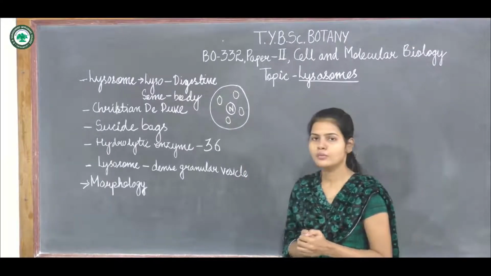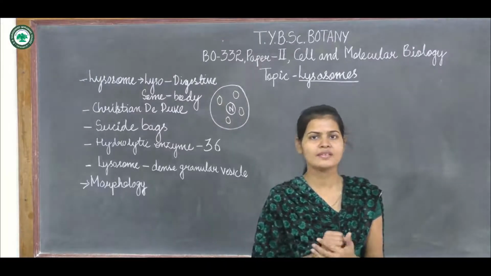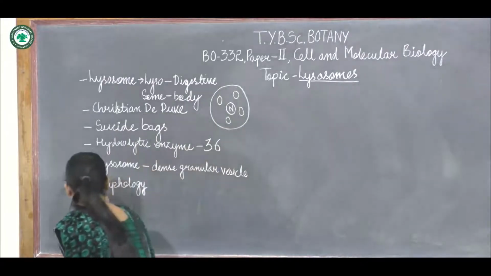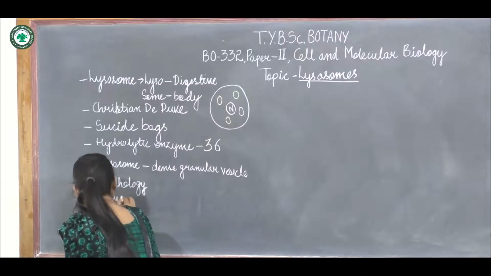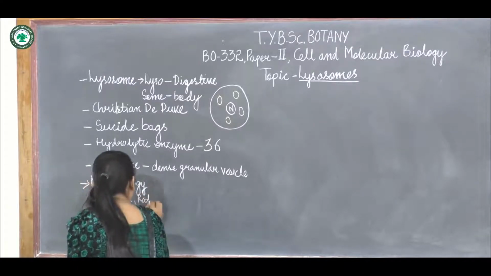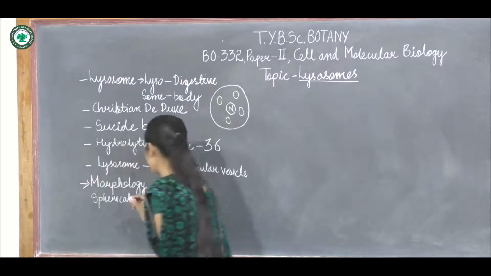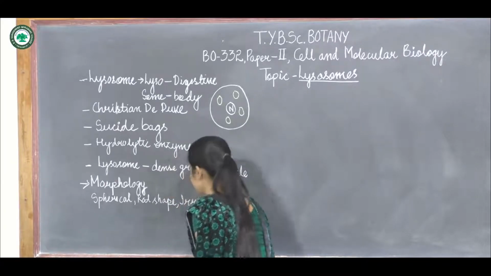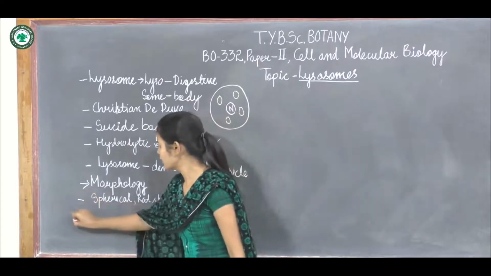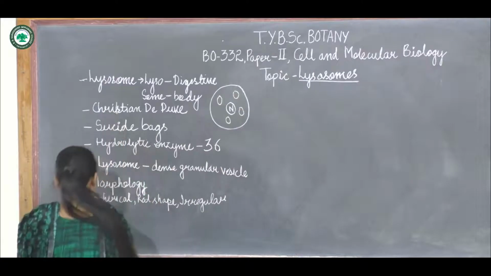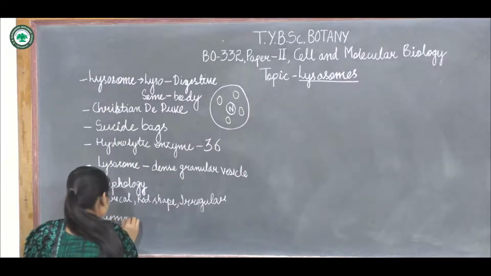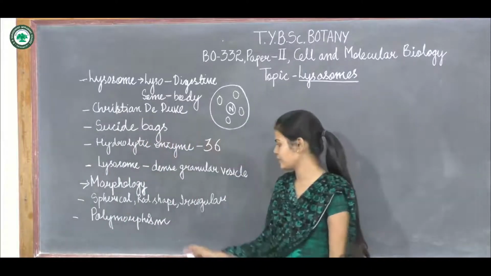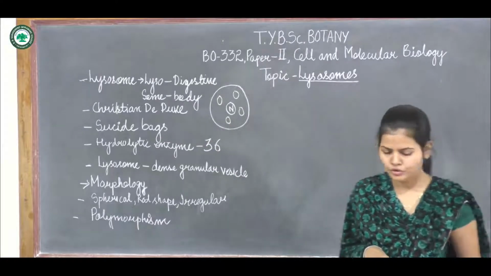Now they can be variable in shape, that is, they may be rod shaped, spherical, or irregular. They exhibit a great polymorphism. Now we will see the different types of the lysosome. So first is the